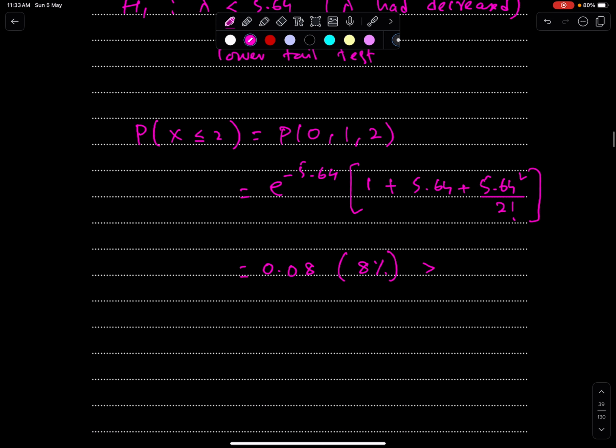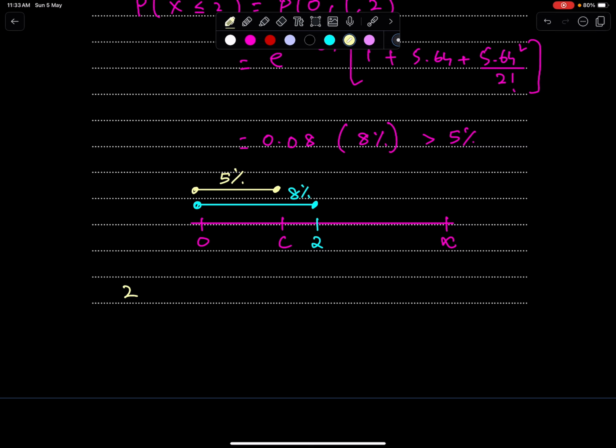That means this is the critical region and 2 is not in the critical region, because the probability of less than or equal to 2 is 8%, and the probability of the critical region is 5%. So you have to say that 2 is not in the critical region,